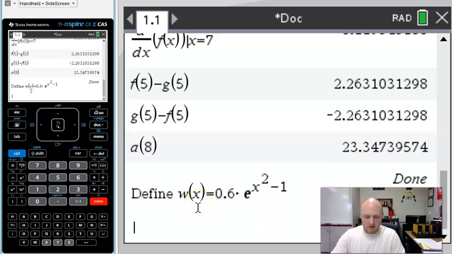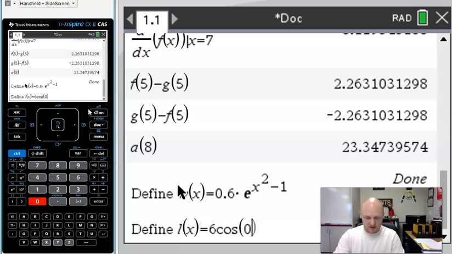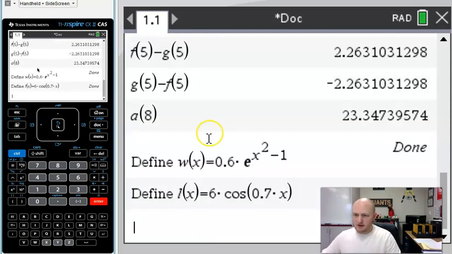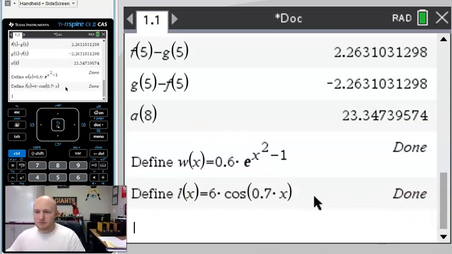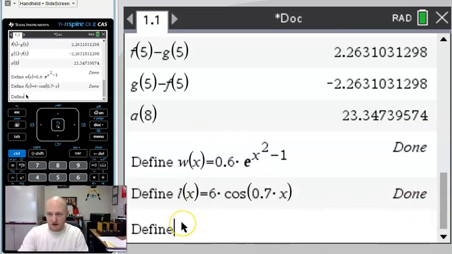Done. Okay, I'm also going to go ahead and define L of x, which is equal to 6 cosine 0.7 x. Okay, done. And then last but not least, I'm going to go ahead and define now A of x, which